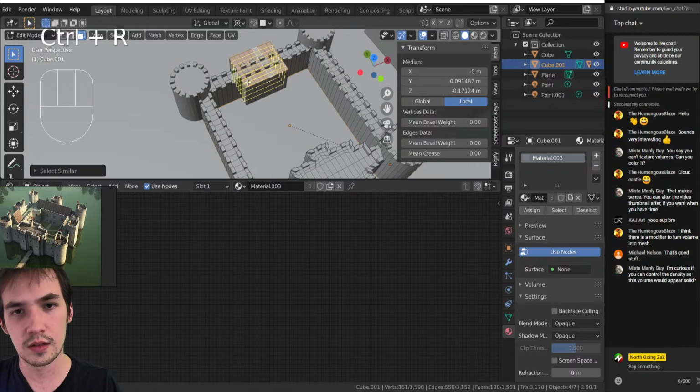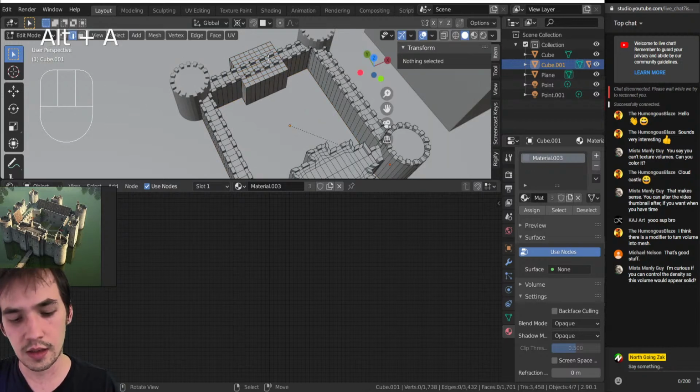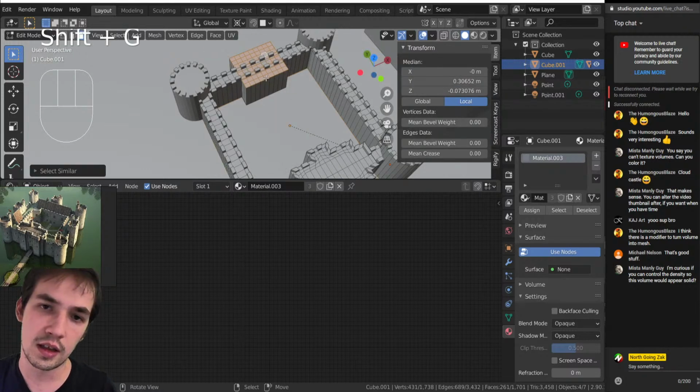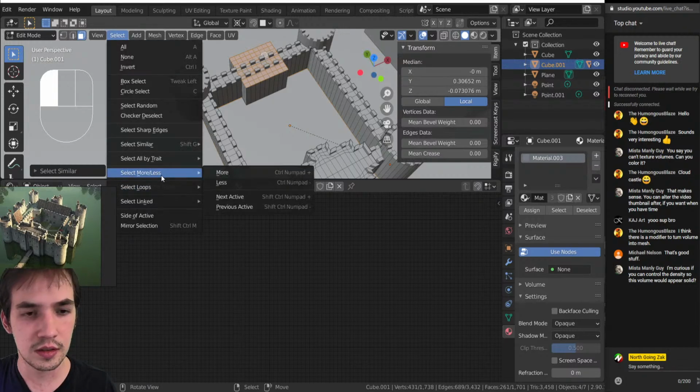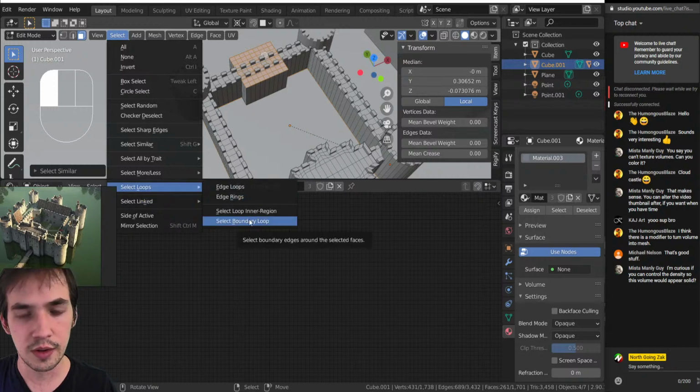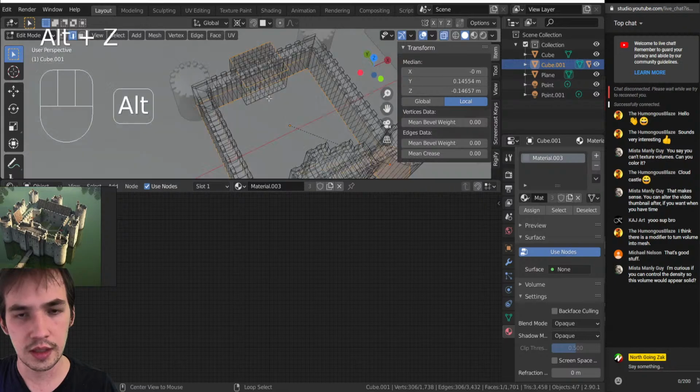And then if I want the nice grid, I can just select the outer ones with Shift-G-N and select outer boundary. Yeah, select loops, boundary loop, and